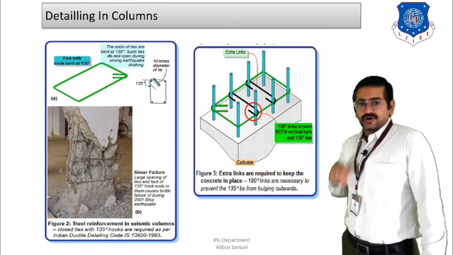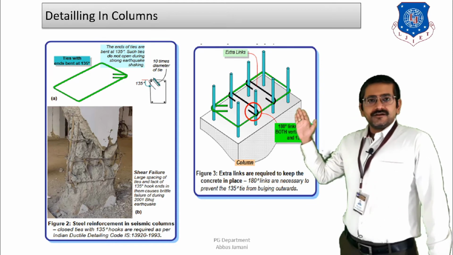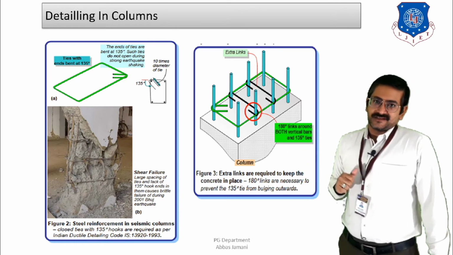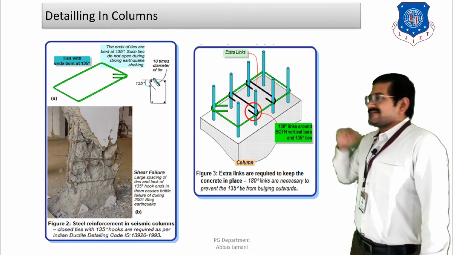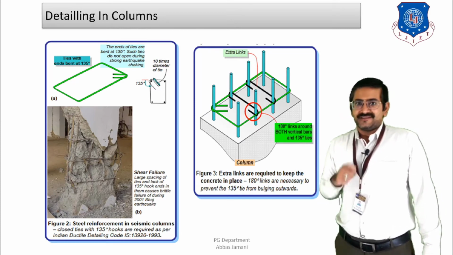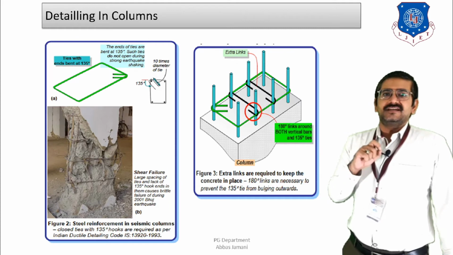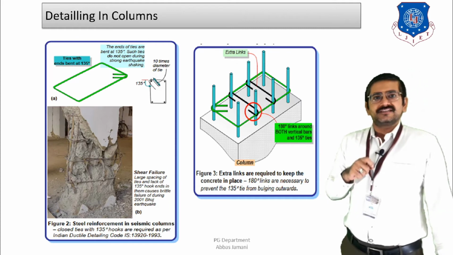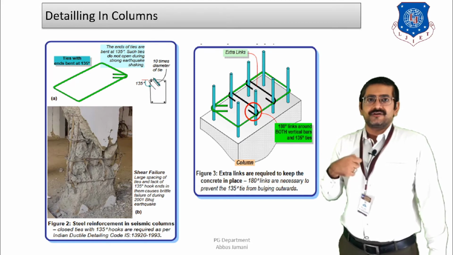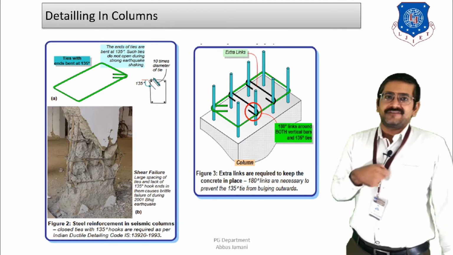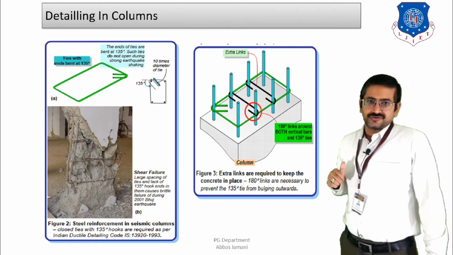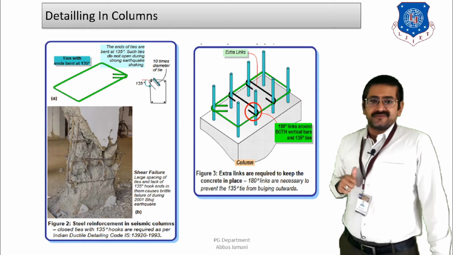You can see in the figure over here where the bulging of concrete has taken place in one particular case where the earthquake shaking was introduced. And in the second figure, another important criterion highlighted by IS 13920 is shown: if the length of any of the stirrups that you are providing is greater than 300 mm, then in order to increase the confinement in the area, cross ties have to be introduced. The cross ties are also shown over here, which you can see in the figure in black color.